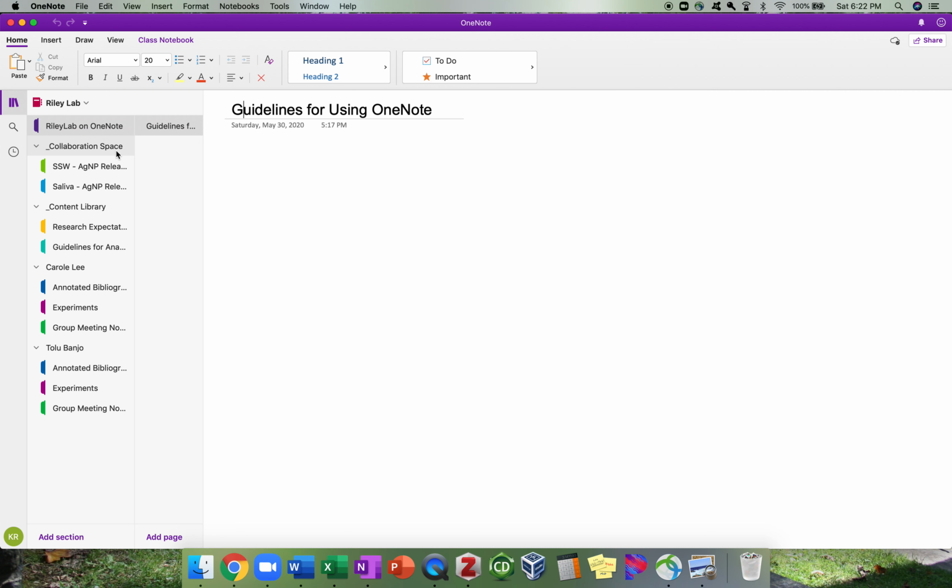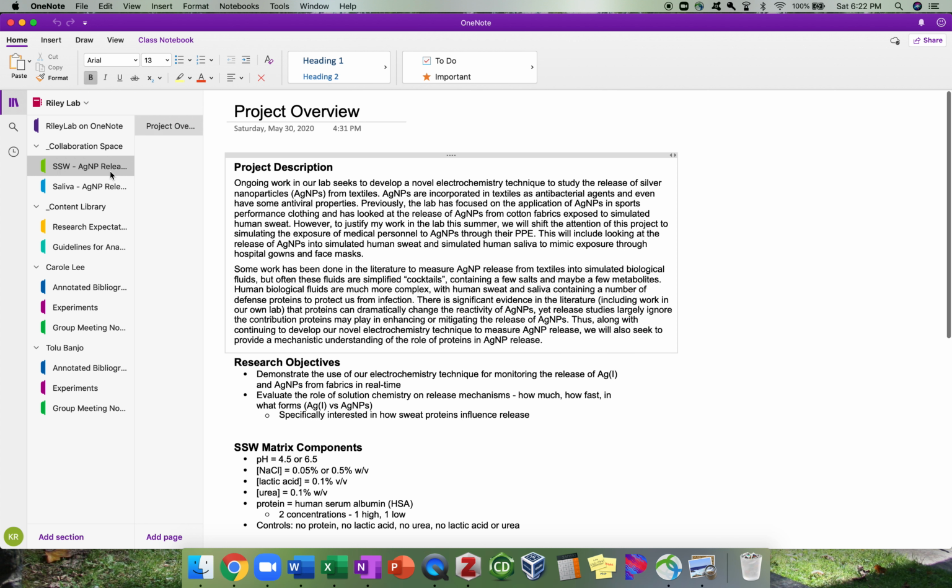So you have something called a collaboration space, and that is a section of the notebook that you and the students can work on collaboratively. So the way I plan to use this for my research is I've set up a tab for the two different projects that we are going to try to work on, and then there are different pages that I'll insert